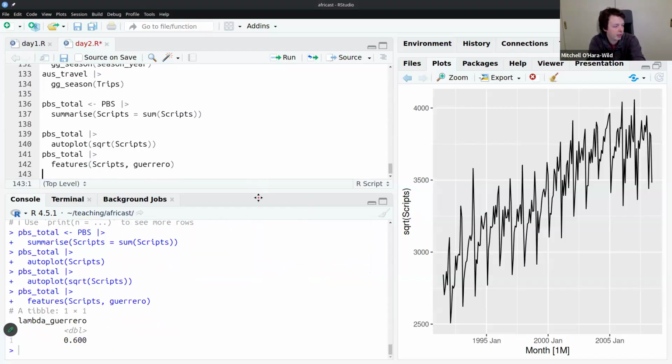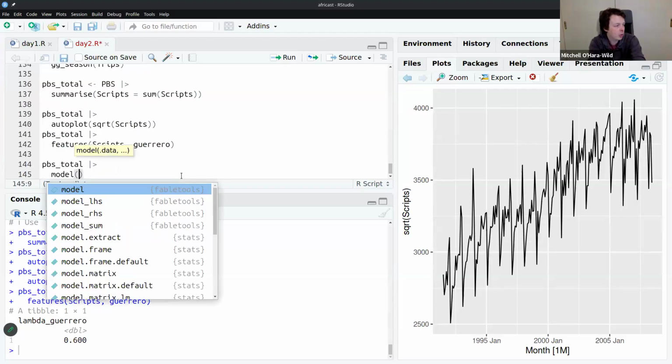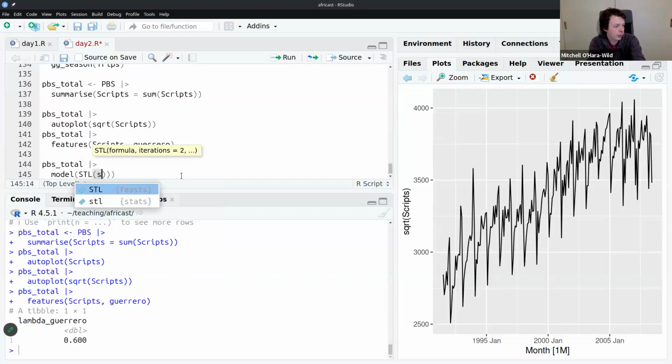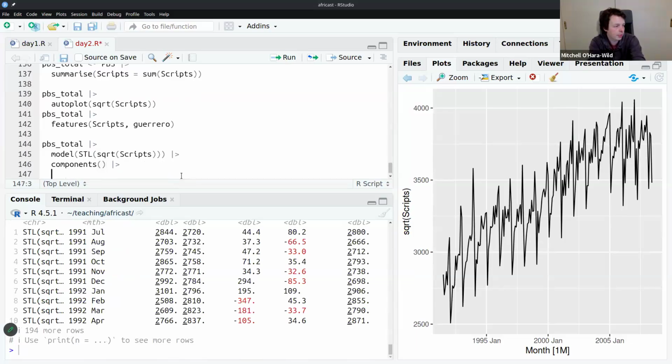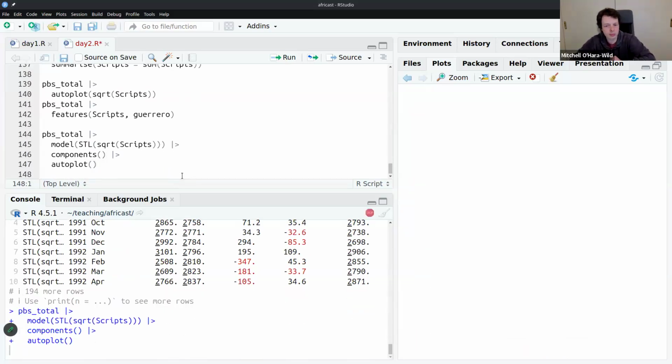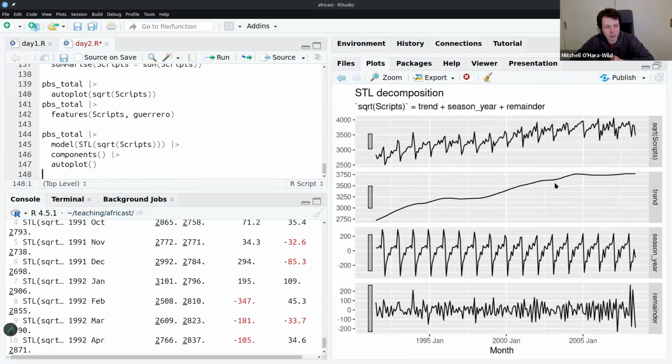We could also look at Guerrero's method, and it says 0.6 is optimal. So a square root being 0.5 is very good. We could then estimate an STL model with the square root of scripts. I'll just leave it as default. Extract the components and plot them. And there you can see we have a decomposition of the trend and seasonality and remainder from the PBS dataset,